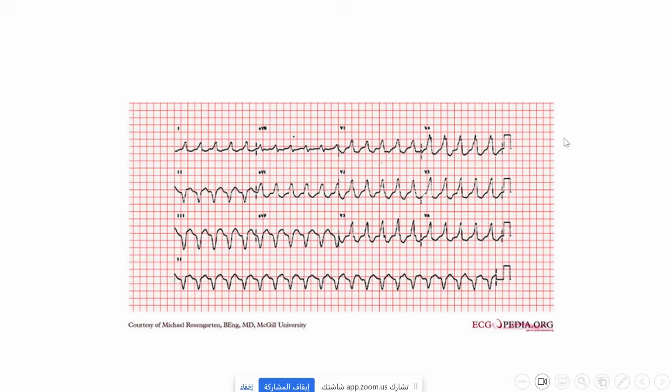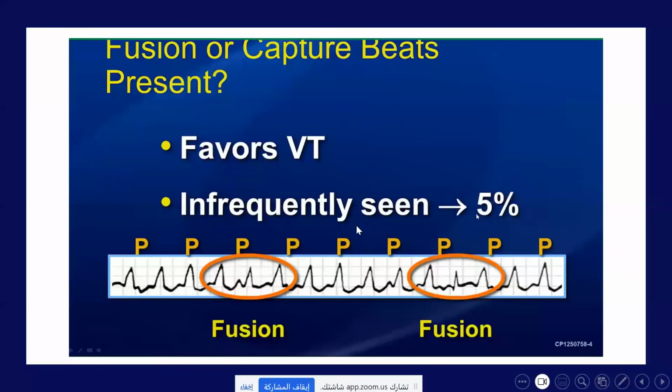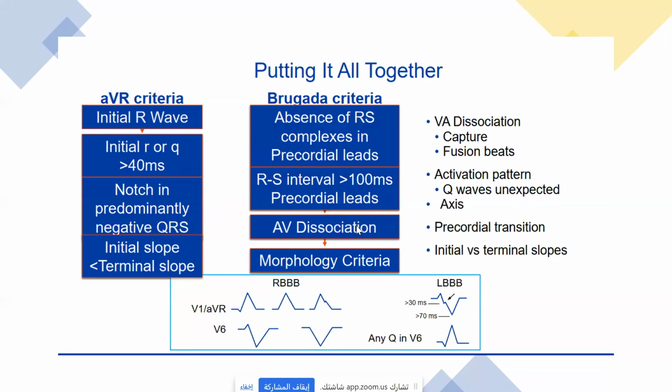If you look for the other features of VT, you can appreciate them. Fusion beats and capture beats can favor VT, but they are very infrequently seen. Usually they happen in 5% of ECGs, as AV dissociation happens in 25% of ECGs. So if you put all of this together to make a criteria or algorithm to differentiate between VT and other kinds of wide complex tachycardia, you have key